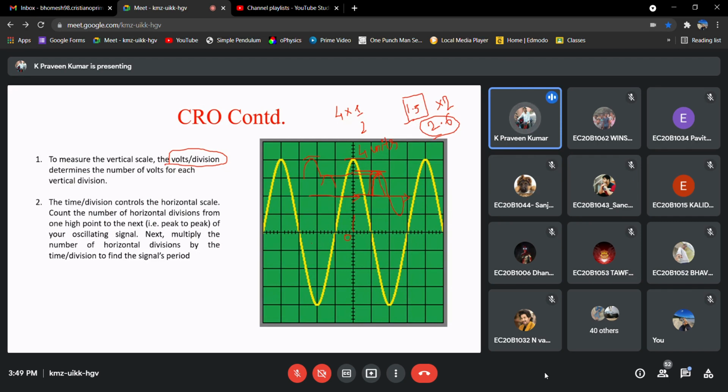This kind of error should not be there. If you are not confident enough, if the peak is not exactly coming on the 1.2 line or the 1.4 line, don't take it as 1.3. Why? Because we cannot assume. It is lying somewhere between 1.2 and 1.4, so you can't take the average.